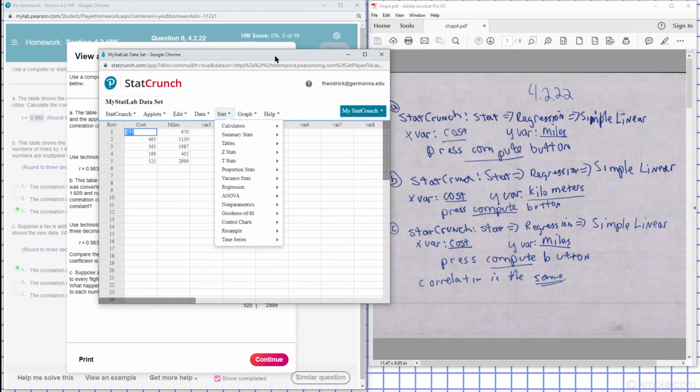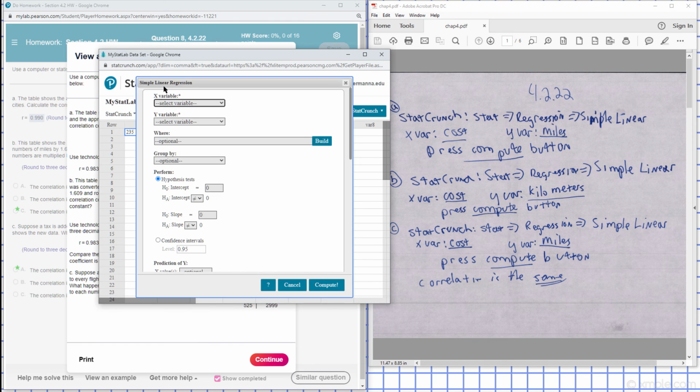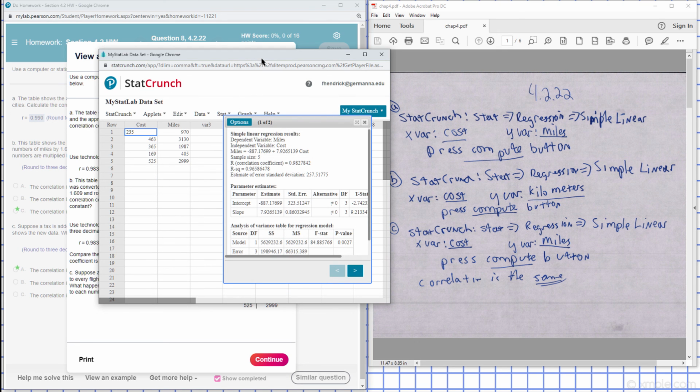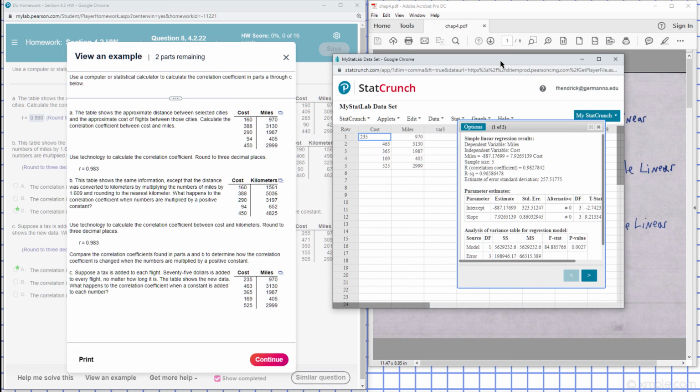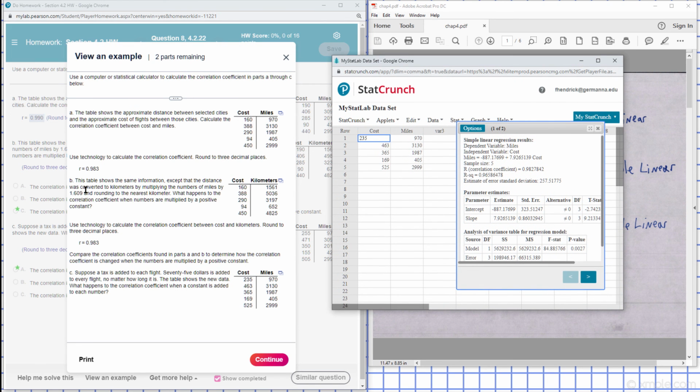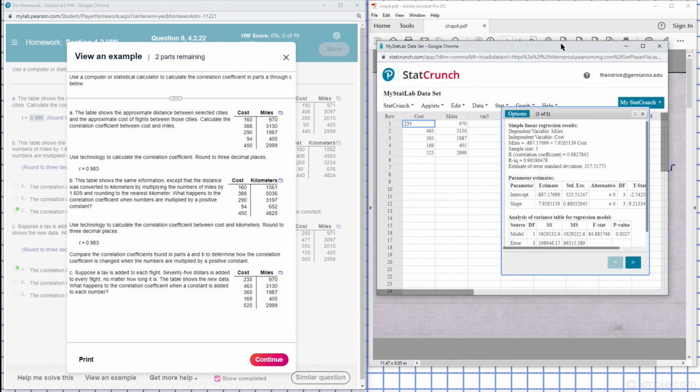So we can go to Stat, Regression, Simple Linear. In this case, we have cost and miles. And I press the compute button. The correlation coefficient stays the same. It's the same. So